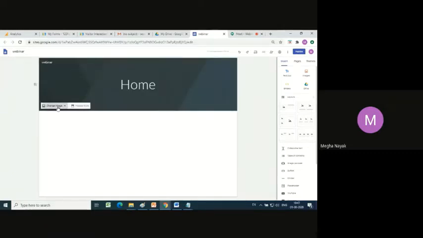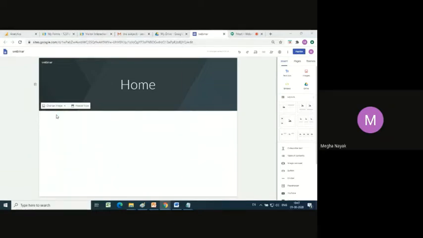Now you can change this image. I had shared with you some images already. Now there are two options. One is upload and one is select. Now upload is if the images are already there on your desktop, and select is if it's there on your Google Drive. Also with select, you can select an image which Google has already given to you as an inbuilt option.